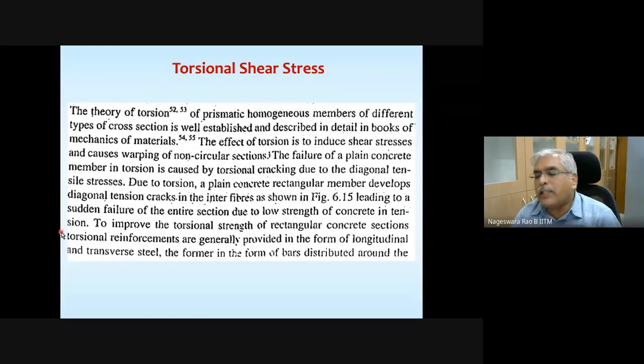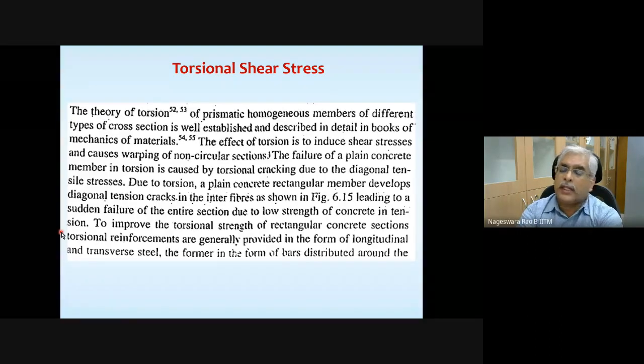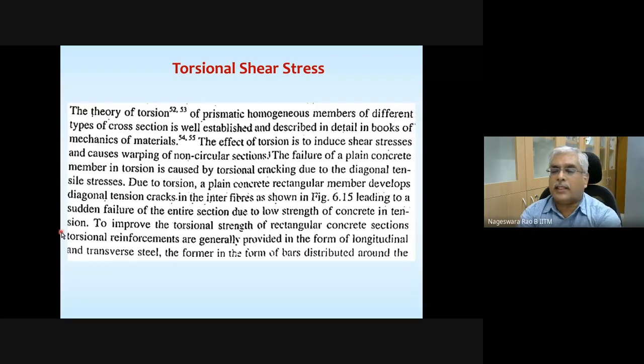Please note that finally, the torsional moment is resulting in shear, and that shear is resulting in diagonal tension, and concrete is weak in tension. So the section is going to fail in tension. To improve the torsional strength of rectangular concrete sections, torsional reinforcements are generally provided in the form of longitudinal and transverse steel.